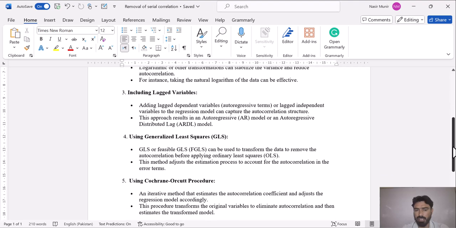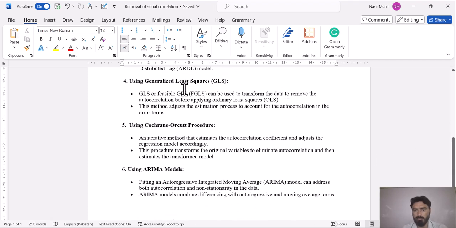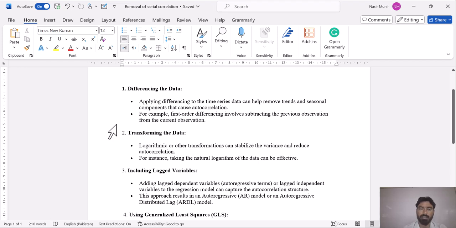And the next solution is to use the GLS method, or the Cochrane-Orcutt procedure, or an ARIMA model. Basically, these are the methods which adjust or control the autocorrelation by default. But in our lecture today, we use these three methods, and we will see whether by applying these methods we are able to resolve the issue of autocorrelation or not.